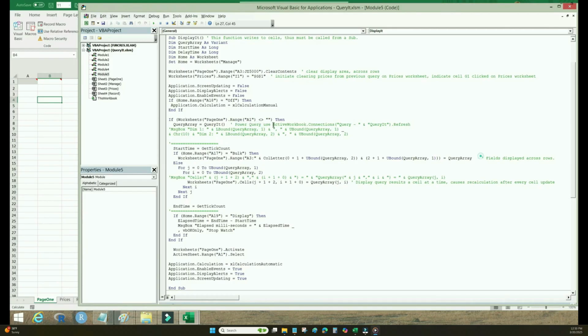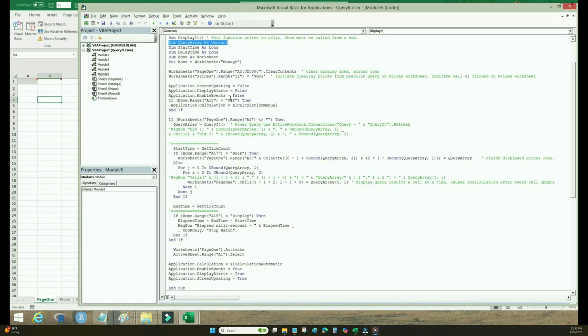Now, could have used Excel's built-in Power Query instead. If you were to use Power Query, you would use code similar to this, with a query defined in Power Query, likely named QueryIt, to pull back the query results. Whether you use Power Query or QueryIt function, you end up with query results in this query array. The query array is defined to be variant. Unlike other variables here that have explicit types, a variant type defers typing until runtime, determined based on the object